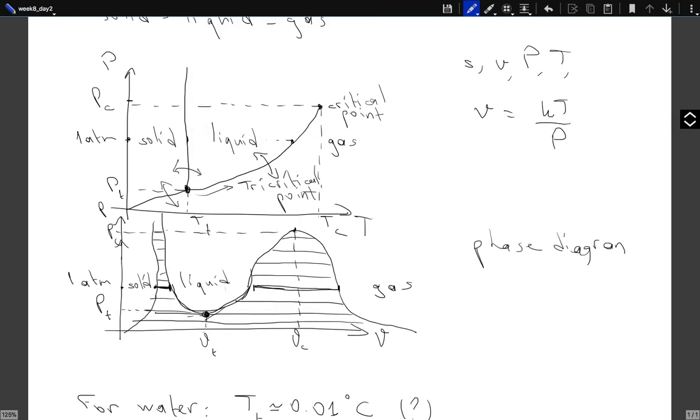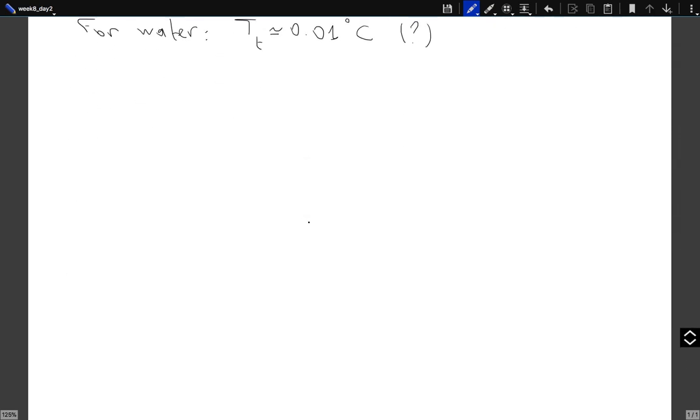Let me write one more line over here. At 1 atmosphere, this line crosses 100 degrees Celsius. So you see, if you look at water, or any phase transition, any liquid if you like, as you said, water evaporates.